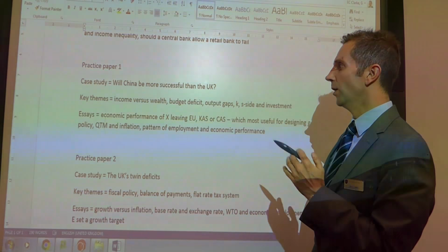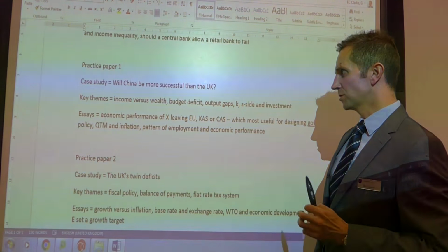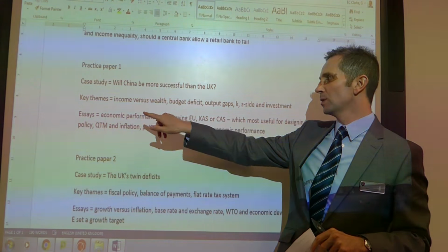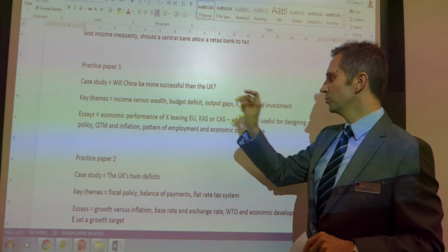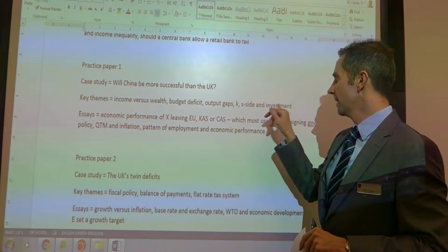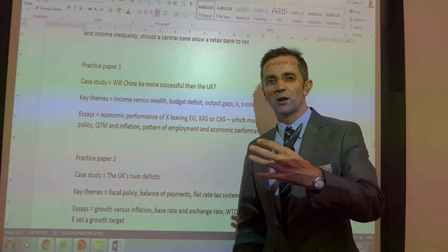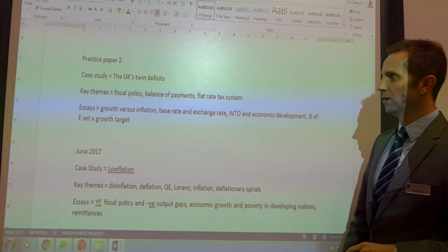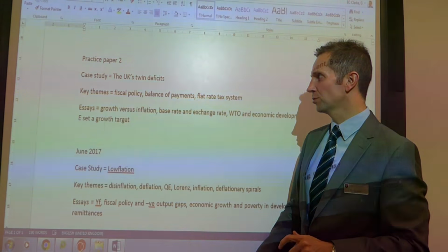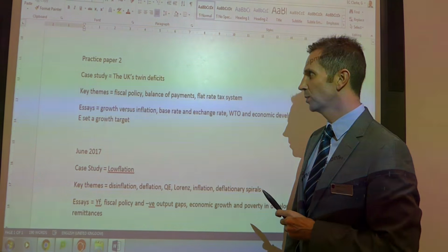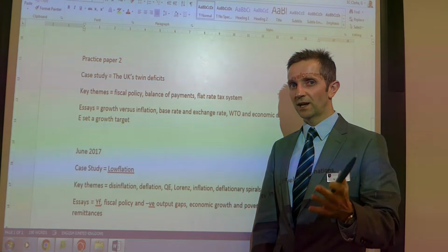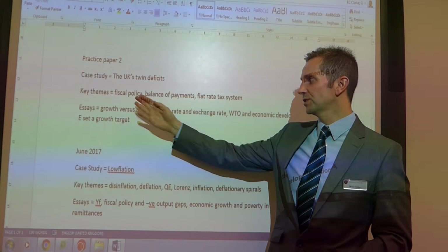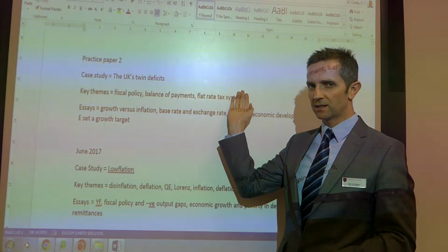So practice paper 1, will China be more successful in the UK? The key themes of that particular case study were all to do with income and wealth, budget deficits, output gaps, the multiplier K, and supply side policies and how that related to investment. Practice paper 2 was on the UK's twin deficits. Interesting that should appear. That means a trade deficit and a budget deficit. So that was focusing primarily, as you would expect, on fiscal policy, balance of payments,